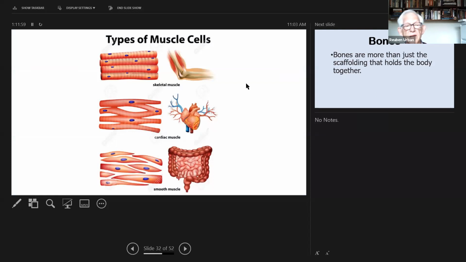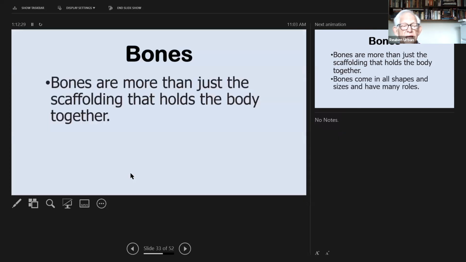Okay, so this is a diagram of the three types of muscles. So the skeletal has bands, the band is that way, but also there are these fibers running along each other. Here, the cardiac muscle is a syncytium, and also the smooth muscle. They overlap in a particular way so that they also act as a syncytium. So they're all different. So let's go into bones, something a bit different.